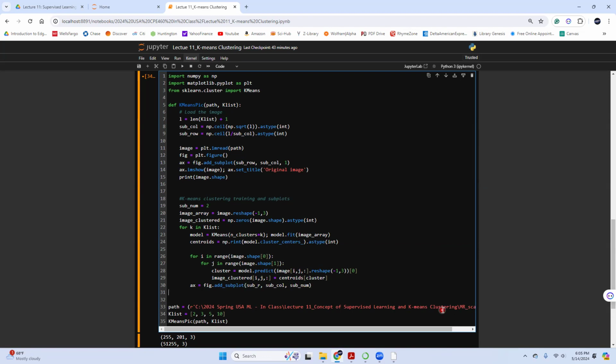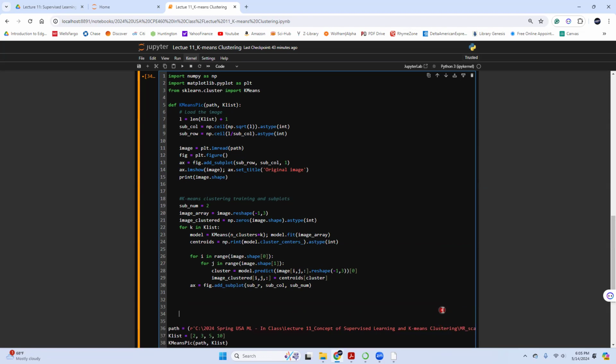Always remember sub number plus plus. If it's wrong, everything is going to be wrong. I may forget it, so that's how I write it now. Then I add a subplot and plot it with imshow, image_clustered.